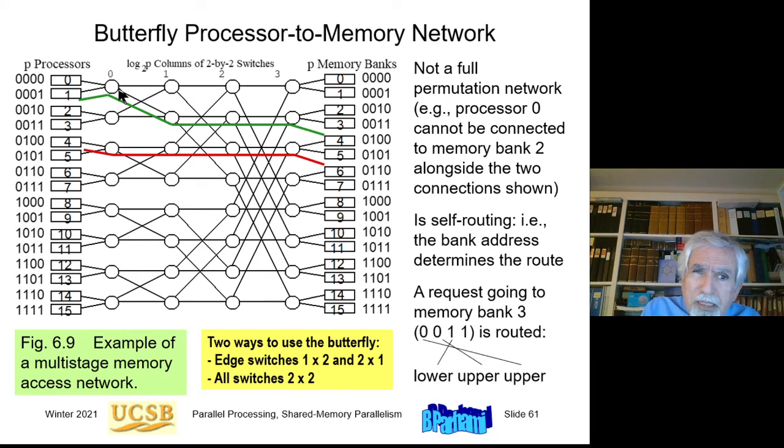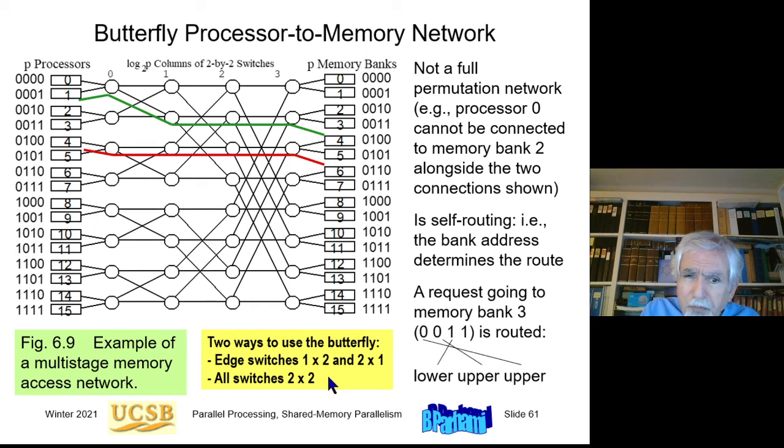So there are basically 2x2 switches. So here you see two processors are connected to the switch and there are two outgoing channels. This switch is also 2x2 and so on. On the other end, this switch is 2x2 and it's connected to two memory modules. This is one way in which we can use this 8-row butterfly network for connecting 16 processors to 16 memory